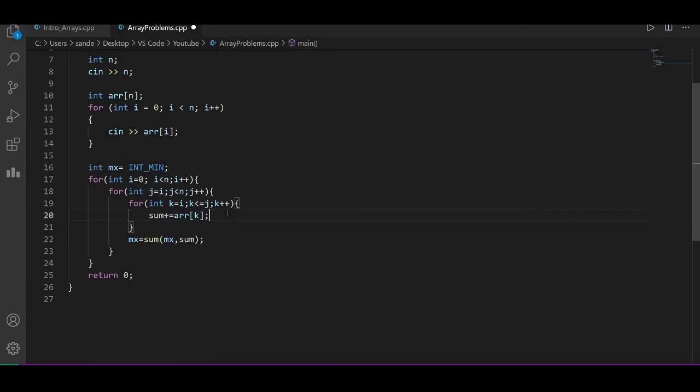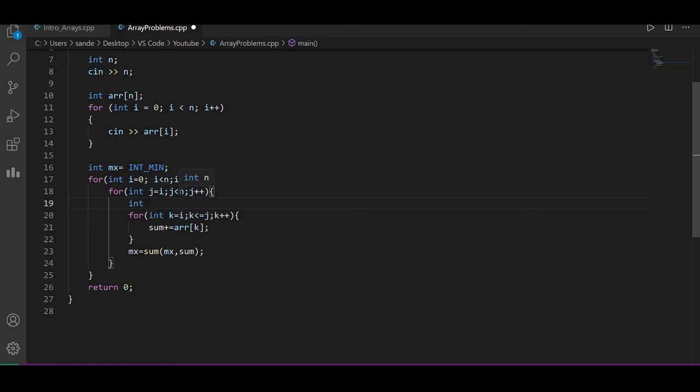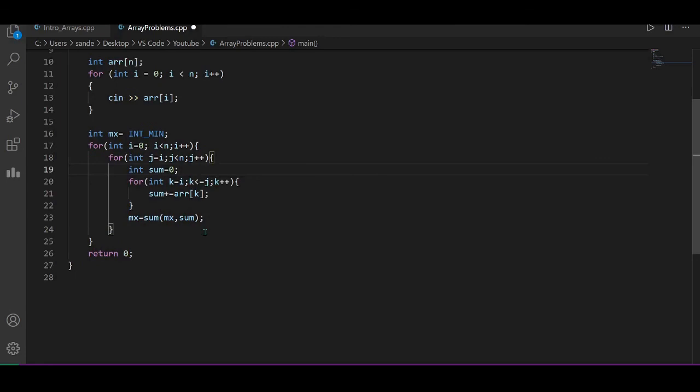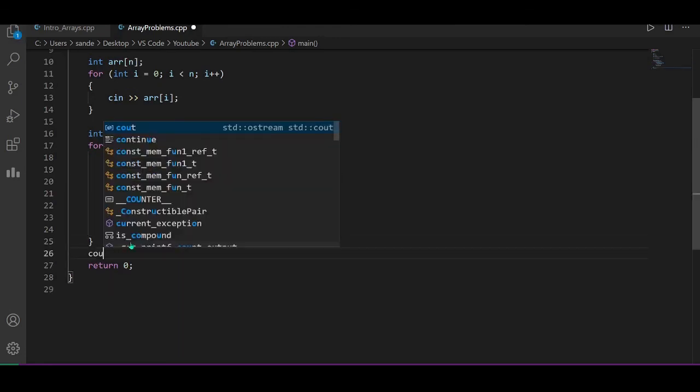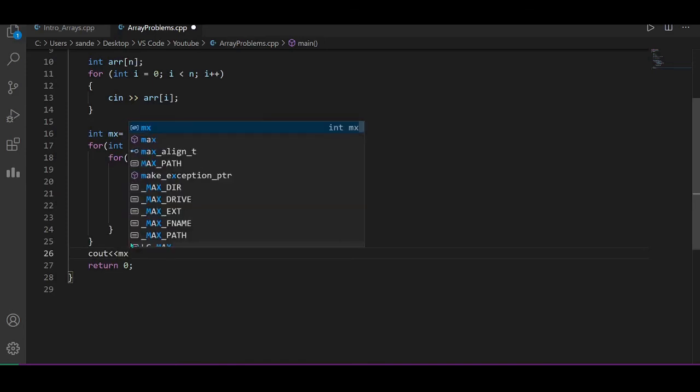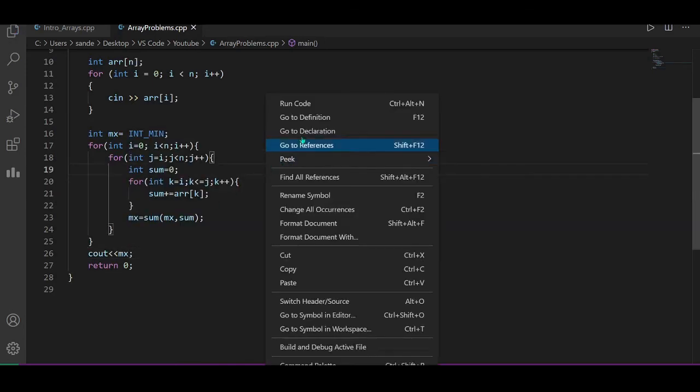And we should declare sum here, because whenever it iterates over the subarrays, our sum should be initialized as 0 before our subarray begins. So that's our code. We should also print out our mx. Now let's see.